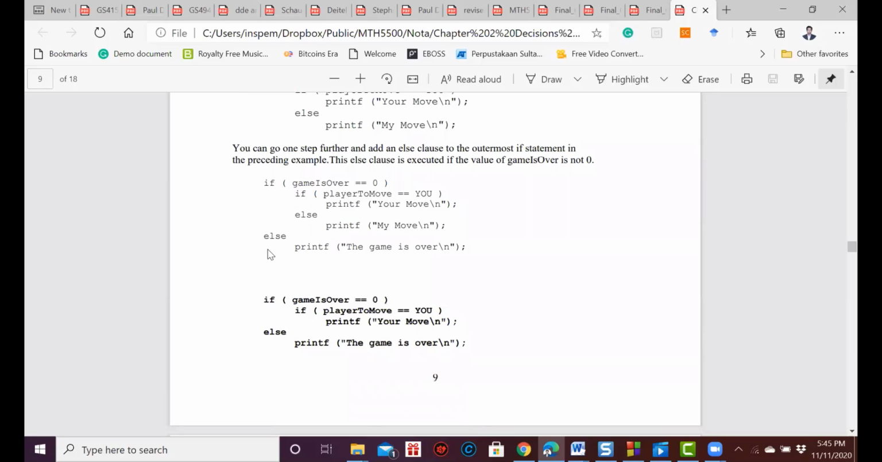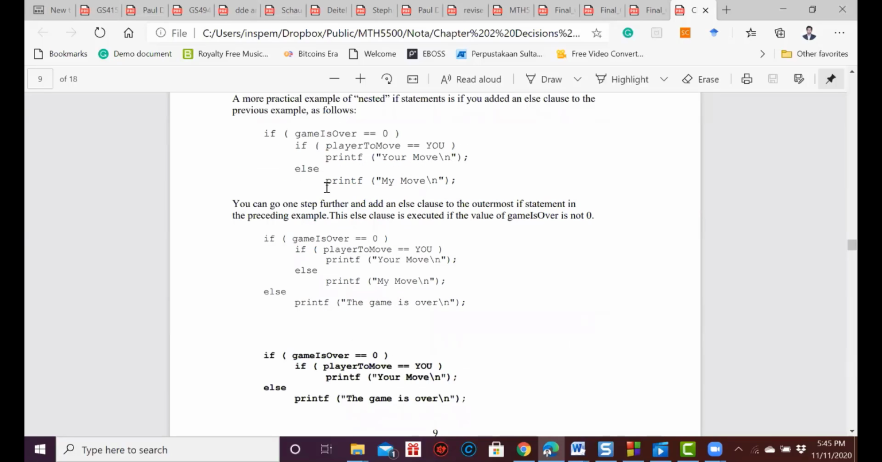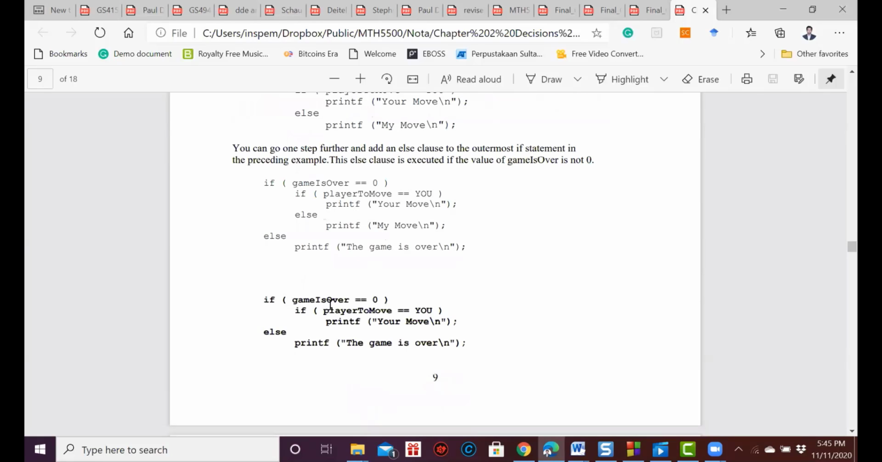Now look at the situation here. We can differentiate this 1, 2, 3. If game over equal to 0, if play to move, more or less the same, but what is different here? There is no else here. So in three patterns here, the logic is different. For example, in this last coding here,